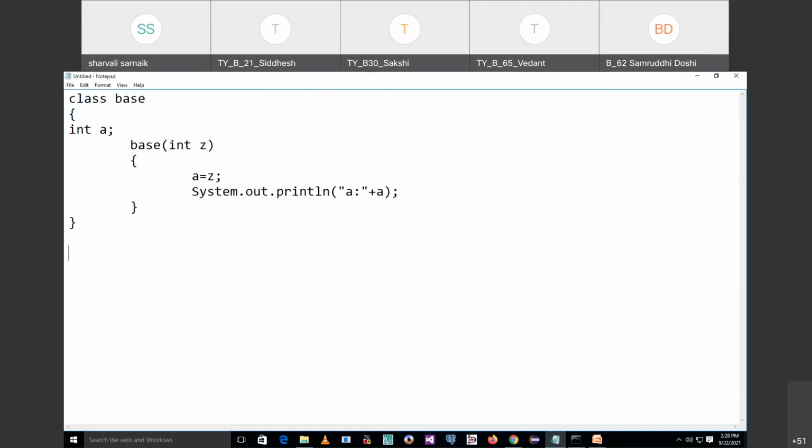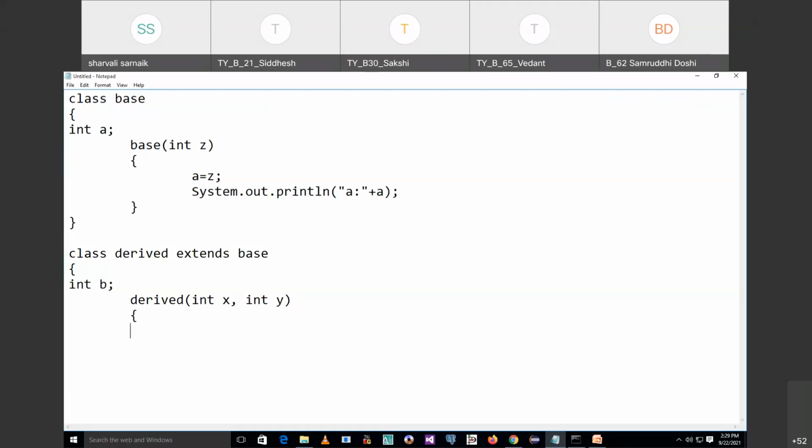Now I'm taking another class called derived, and I'm extending it with the base class. In the derived class, I'm again taking a variable int b, and then I'm giving a call to a derived class constructor. Inside that, I'm taking parameters int x and int y.